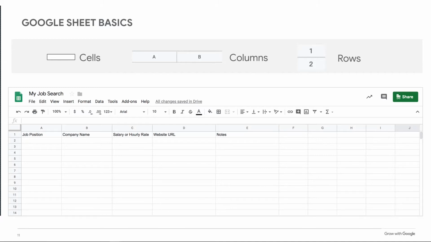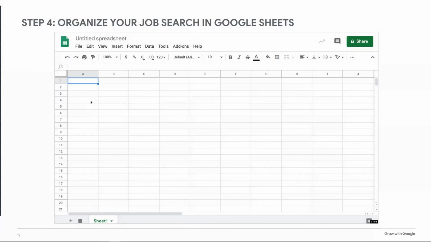So each cell has a name. In that top left-hand corner, the very first cell would be A1. The cell kitty corner to that one would be B2. Does that make sense to you? So every cell has a name. So it corresponds. That way your formulas and items like that can be utilized as well.